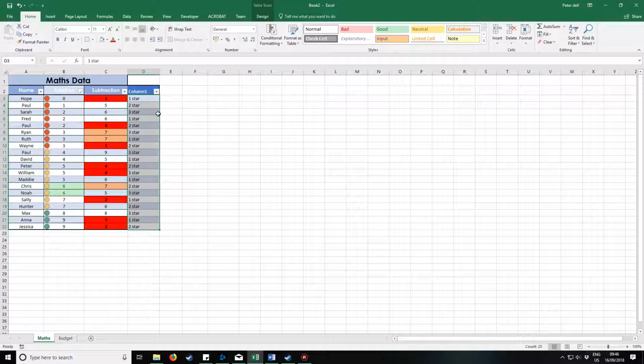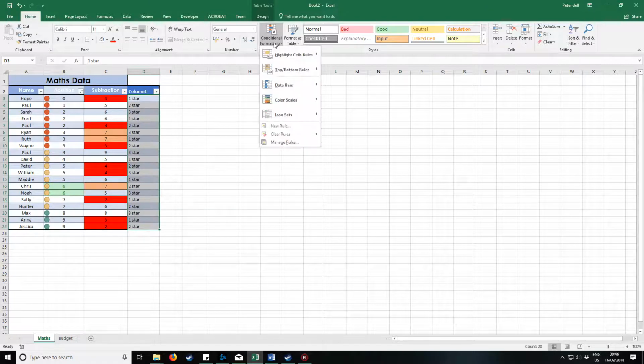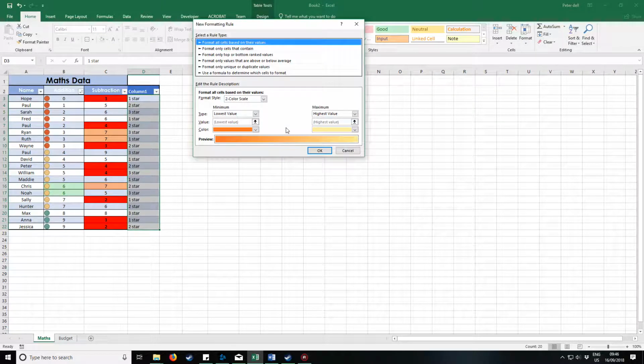We can still conditionally format with this, but we can't use things like greater than or less than because it doesn't register it as a number. Now it's actually registering everything as just text. It's not the number one, it's actually almost like the letter one is the better way of understanding it for a computer. So I'm going to go conditionally format, and I'm going to come down to new rule, and we're